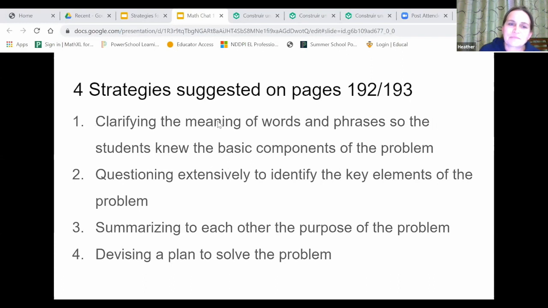But I did appreciate these 4 strategies. I think that they are helpful. I think they're mostly talking about word problems here, but I know that it used to be where we were just supposed to teach them keywords, like if you see this word, just add the numbers, or if you see this word, just subtract the numbers. And I think this seems to put more emphasis on actually understanding what it's talking about in the problem.